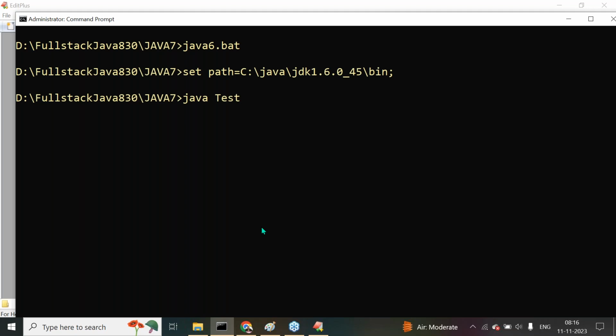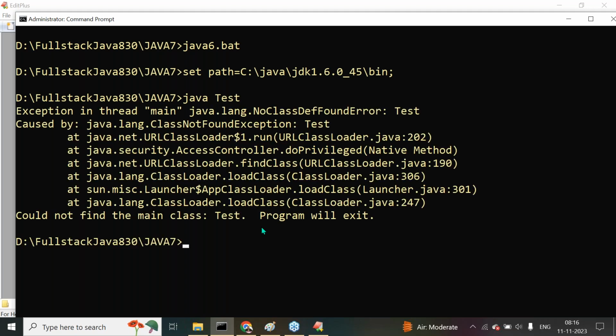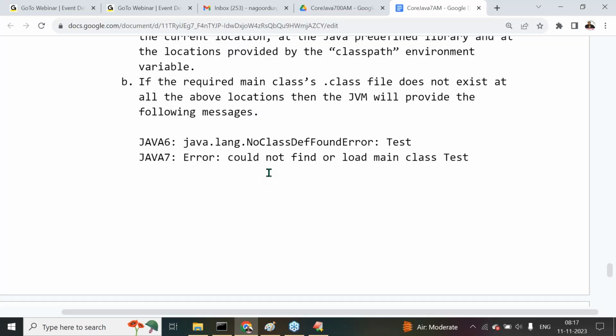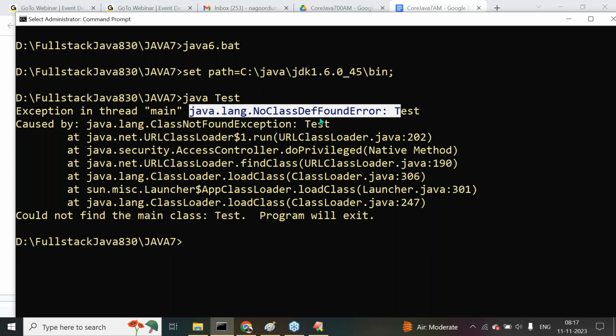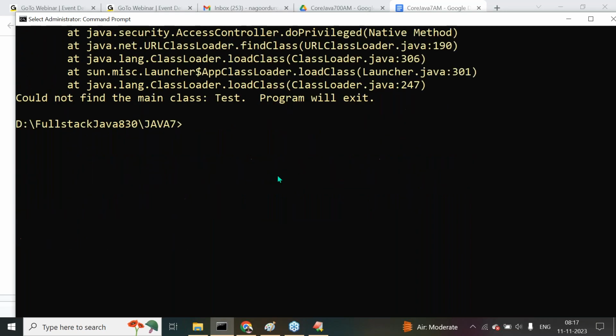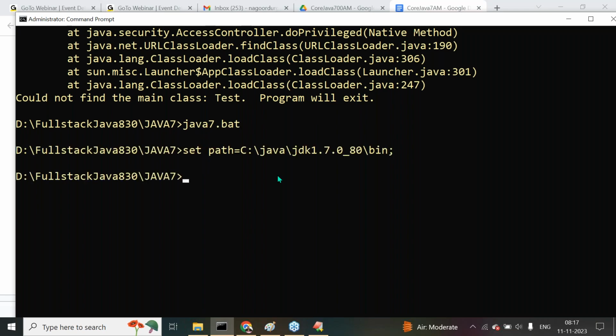Java space test. An exception: java.lang.NoClassDefFoundError: test. Same thing here we are getting. In which version? Java 6 version. For example, now I want to use Java 7 version there. In Java 7 version, if I provide java space test,